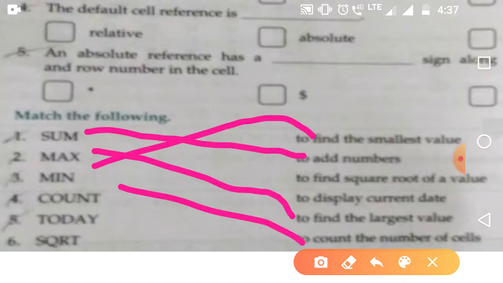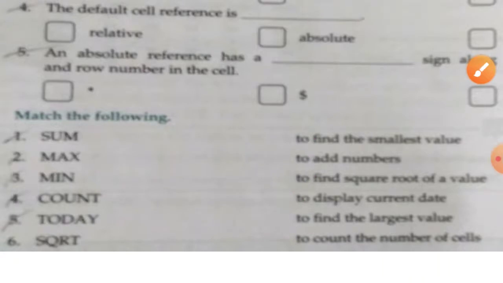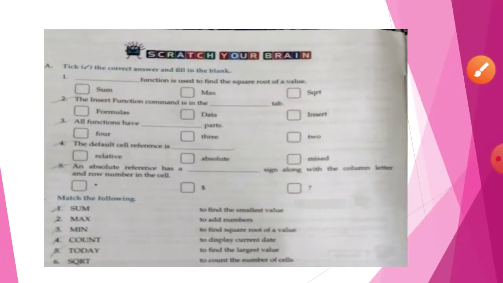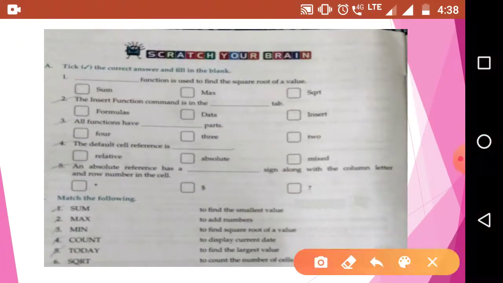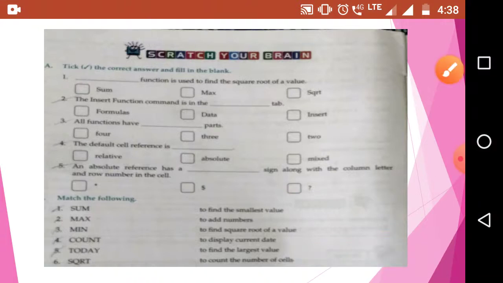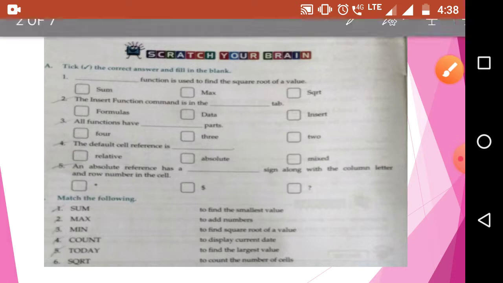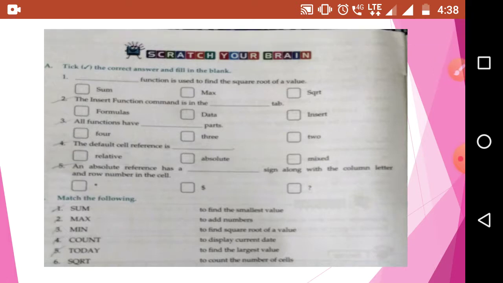Today means to display the current date. And SQRT means to find the square root. Got it? I hope you understood. It is in a small space that you have to do the things, that's why it is coming like this. Now we will see the next slide.